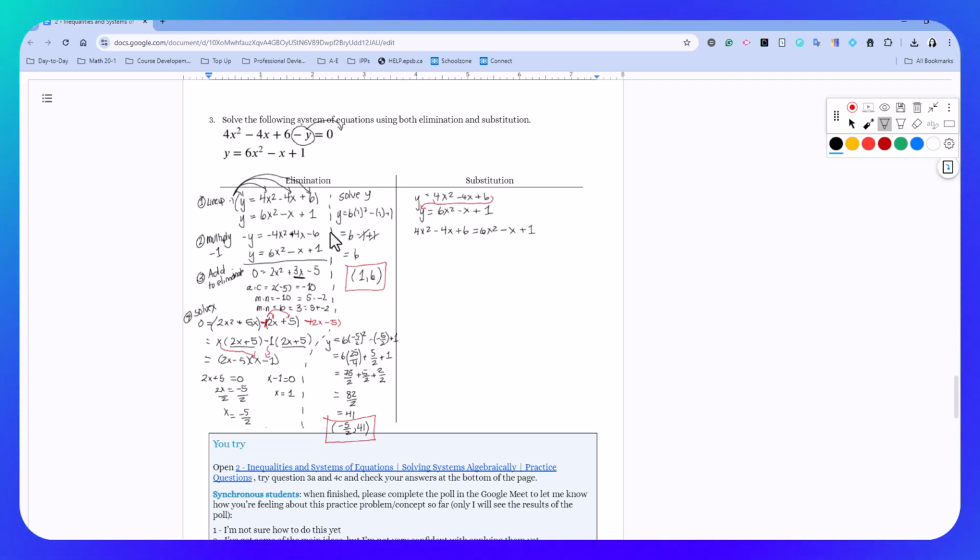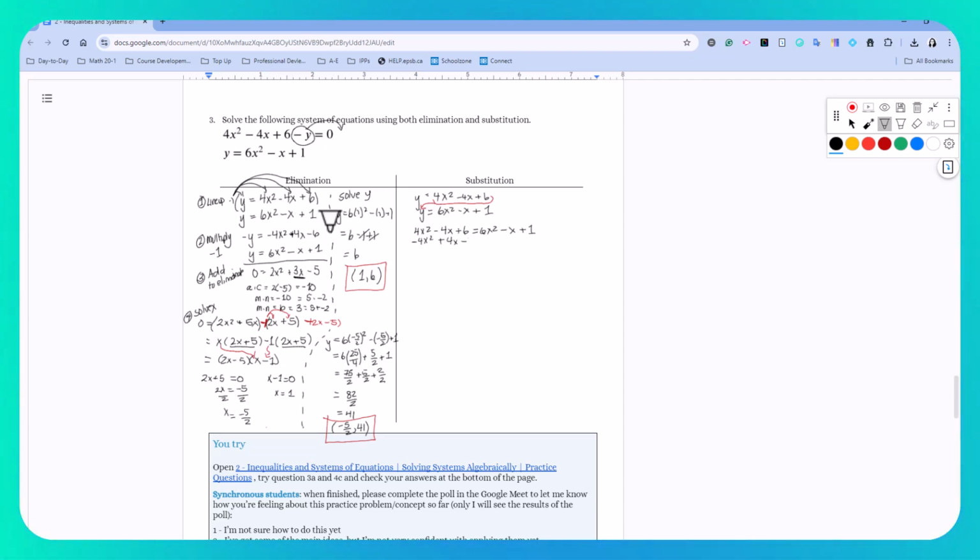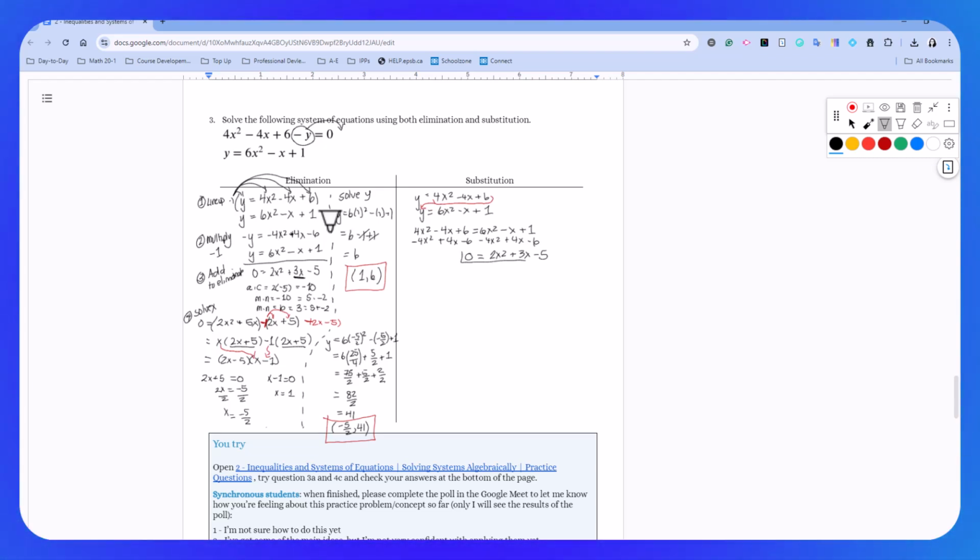Now we have a quadratic equation. Let's get everything to one side and make the other side equal to 0. So I'm going to subtract 4x squared, add 4x, and subtract 6 from both sides. And that's going to give me 0 equals 2x squared plus 3x minus 5. Well, notice that we now have